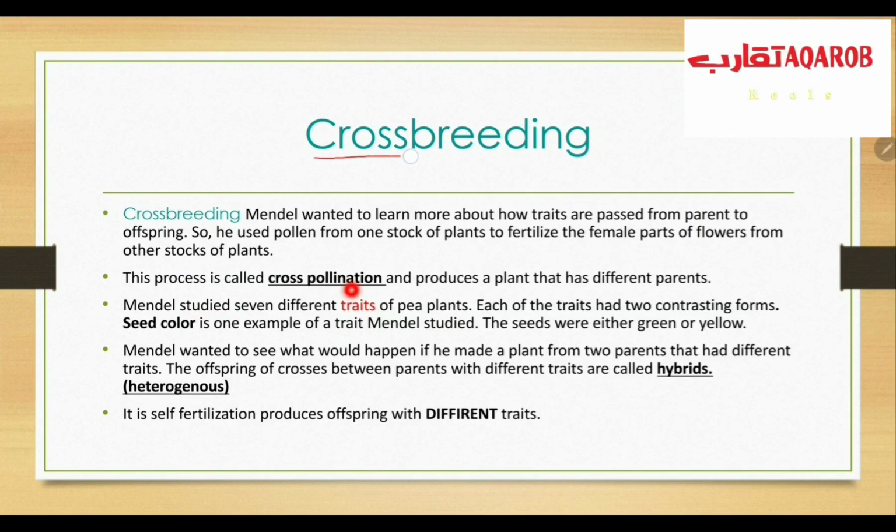Crossbreeding means Mendel wanted to learn more about how traits are passed from one parent to offspring, so he used pollen from one stalk of the plant to fertilize the female part of flowers from another stalk of the plant. For example, he took male parts